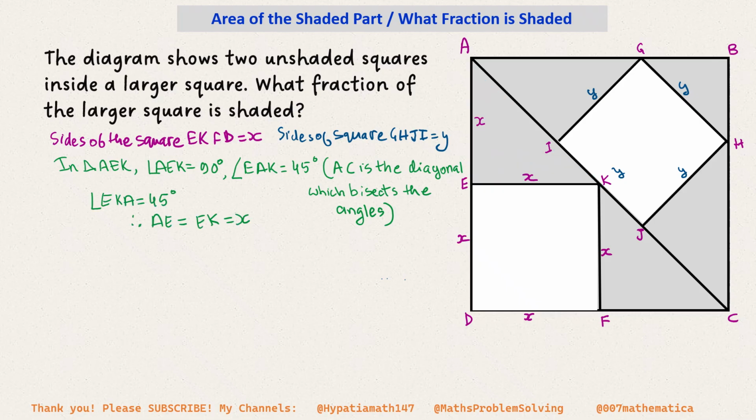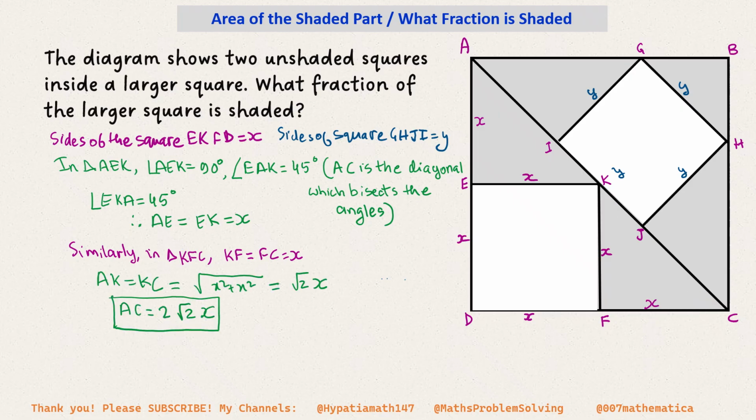So similarly, we can say that KF equals FC, and that is also equal to X, because this angle is 45 degrees and this is 90 degrees, hence this would also be 45 degrees, hence it's an isosceles right angle triangle, just like triangle AEK. So what happens is we can now find the length of the diagonal as square root of x square